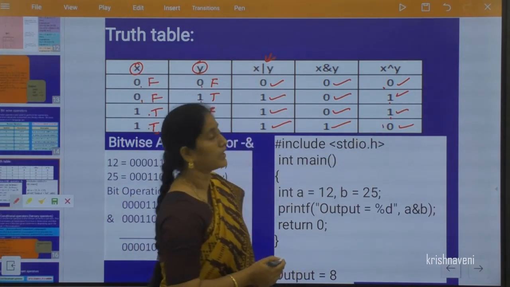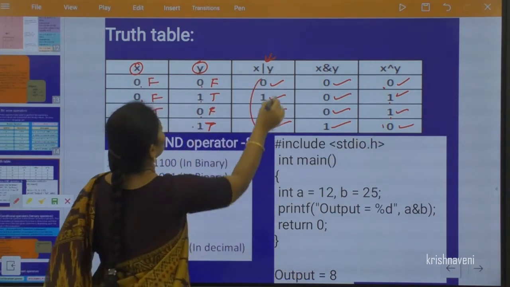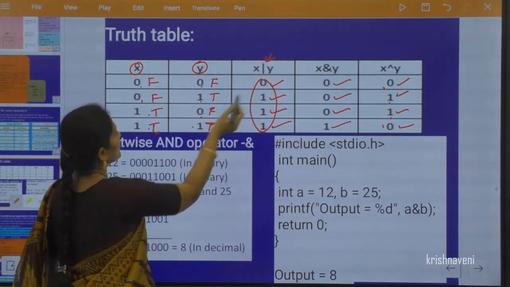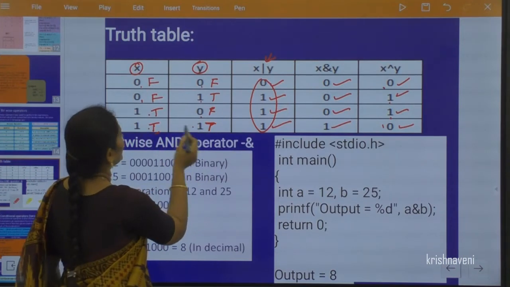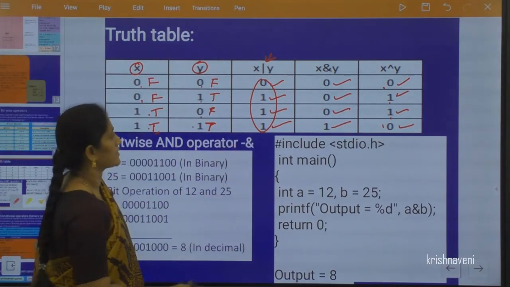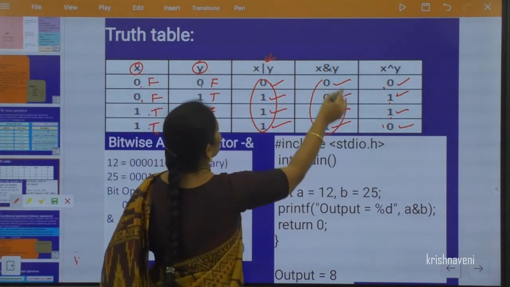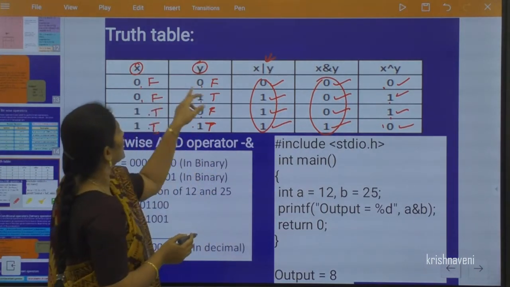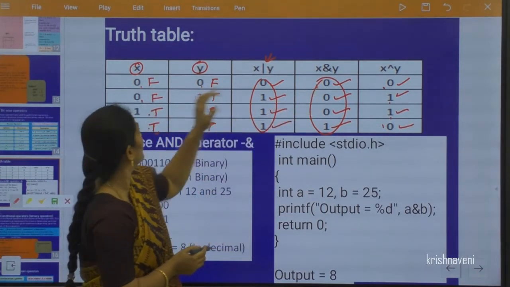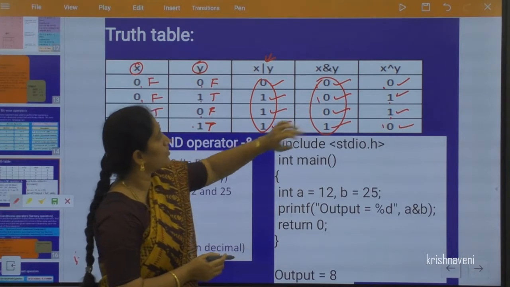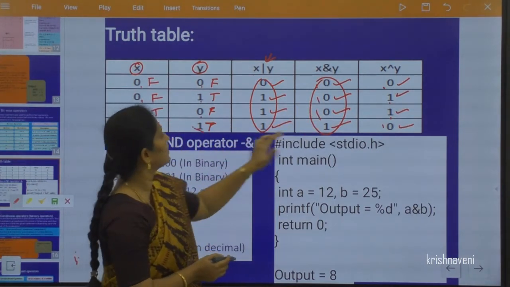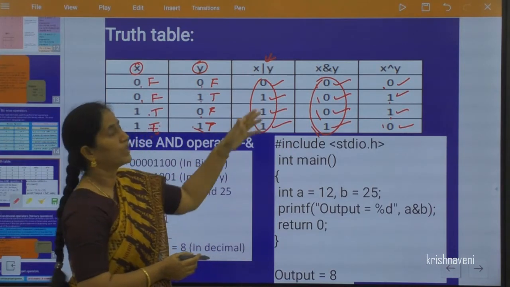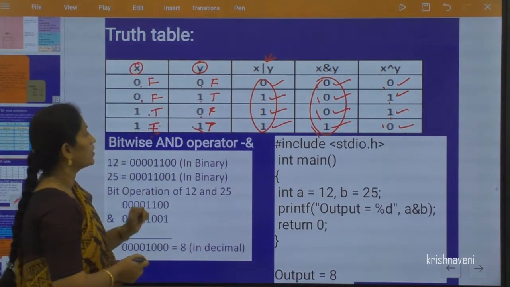And similarly for the others. In the AND operation, 0 1 gives 0, 1 0 gives 0, and 1 1 gives 1. So this is the truth table for bitwise operators.